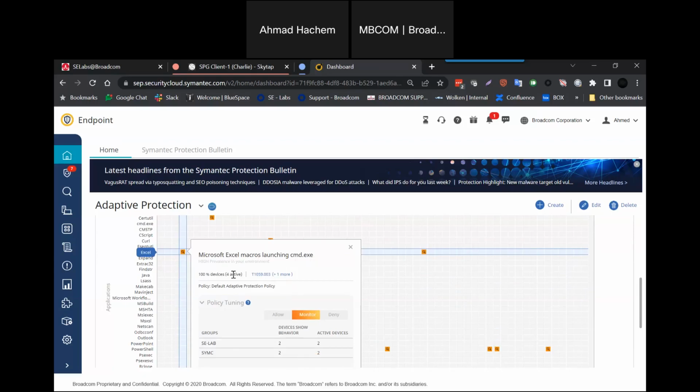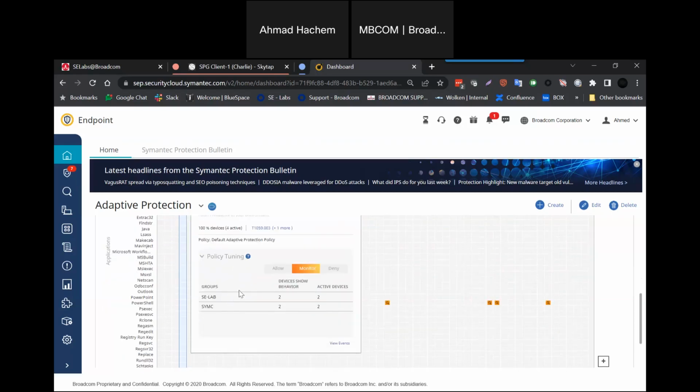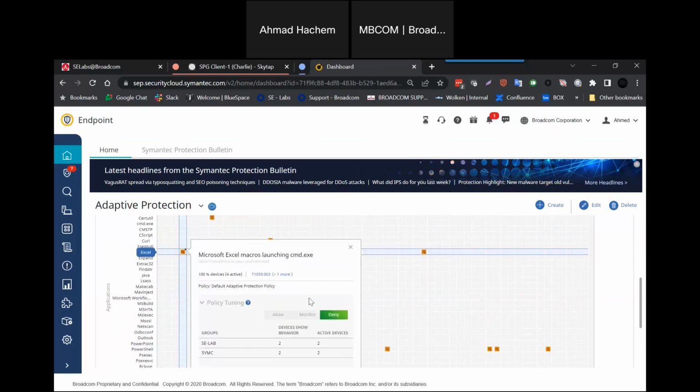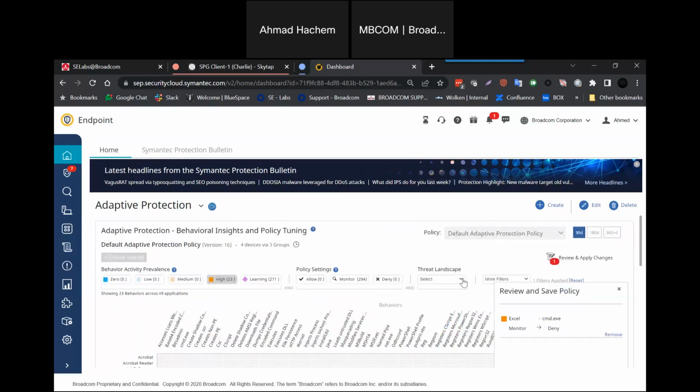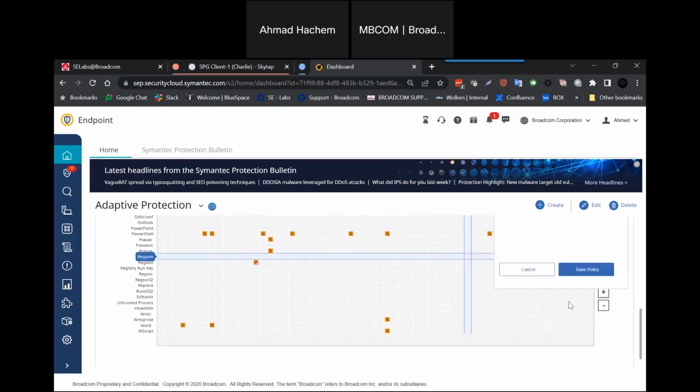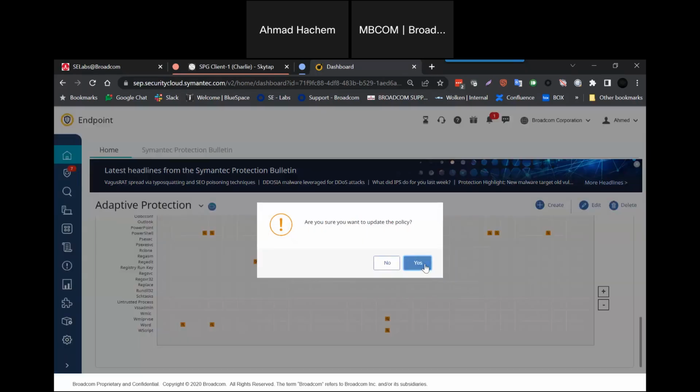How many devices has this type of activity been seen on? In my case, it's 4 active devices, 100%. The policy tuning can be instantly applied from here. So we can either allow it or deny it from the adaptive protection heat map. If we click on the deny action, go to review and apply the changes, and save the policy,